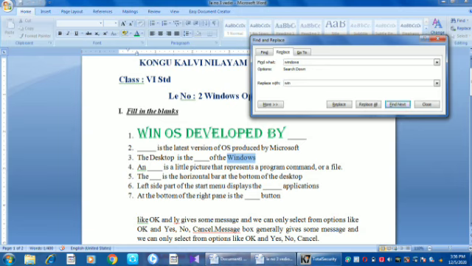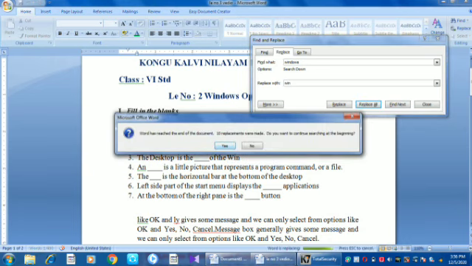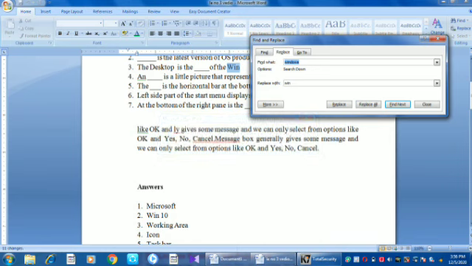Okay. Suppose we click replace all means all the words will be replaced at once like this. Replace all the word Windows will be changed. Okay. Suppose I reverse order. I will search the word Win and change it to Windows like this means in find what text box we have to type the text which we want to search. In replace with text box we have to type the replacement word, then click replace all.